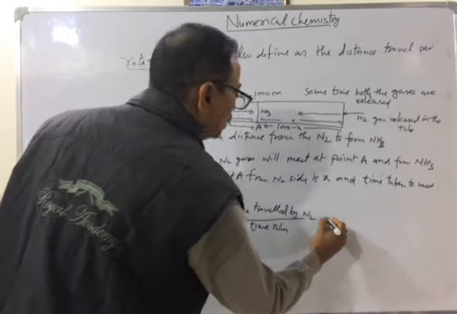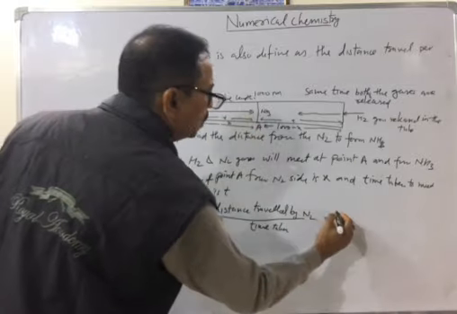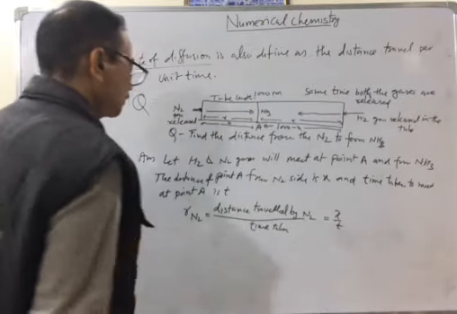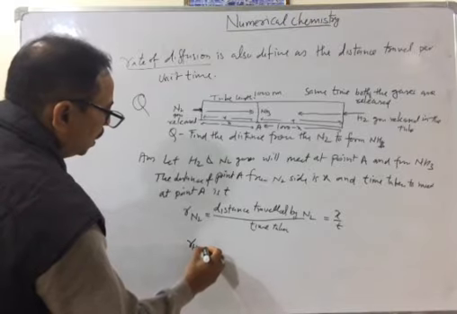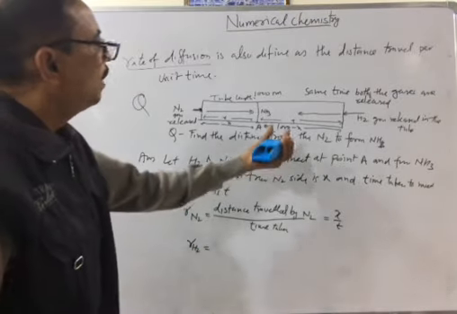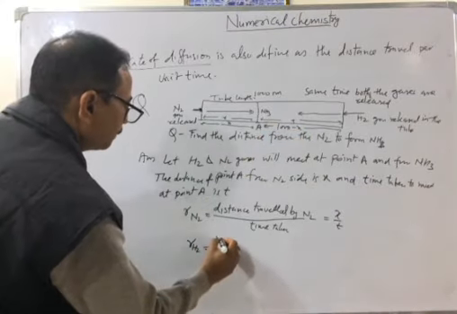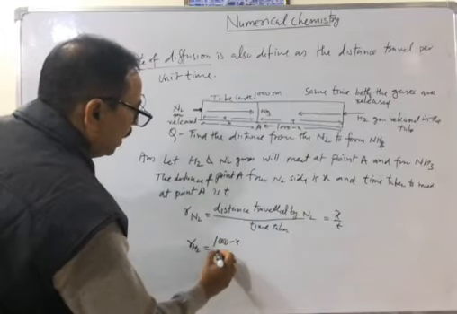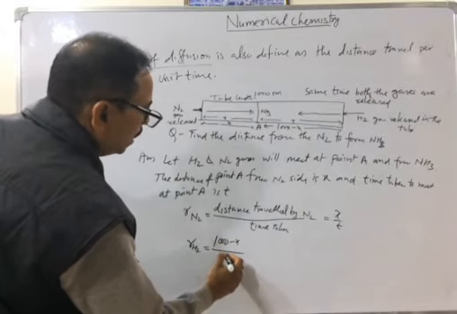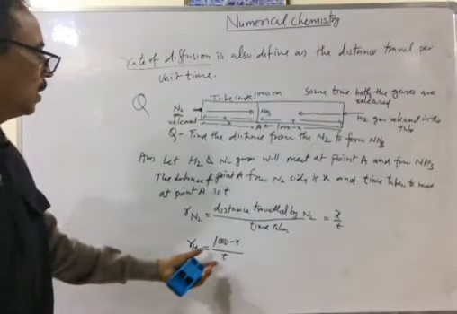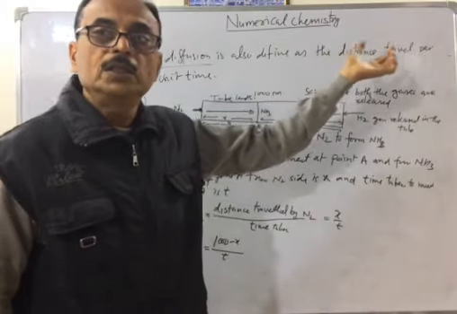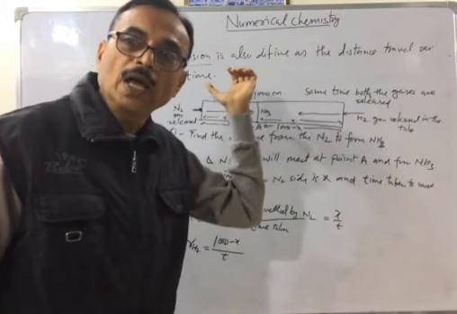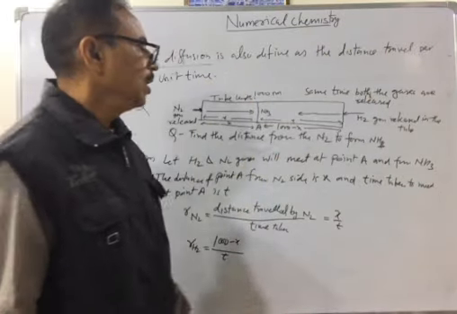So distance is x and time is t, so x by t. Similarly, the rate of diffusion of hydrogen equals the distance traveled, 1000 minus x, divided by t. This is the rate of diffusion in terms of distance traveled per unit time for both the gases. Now we